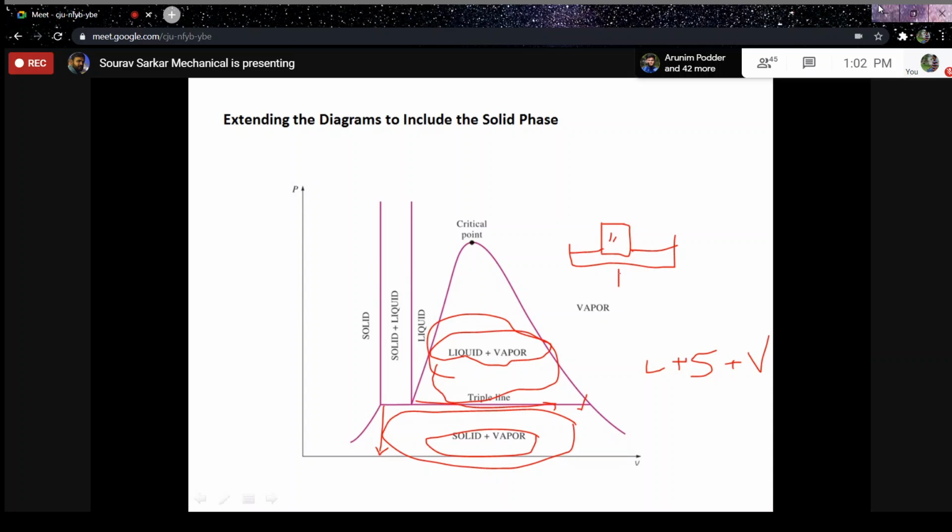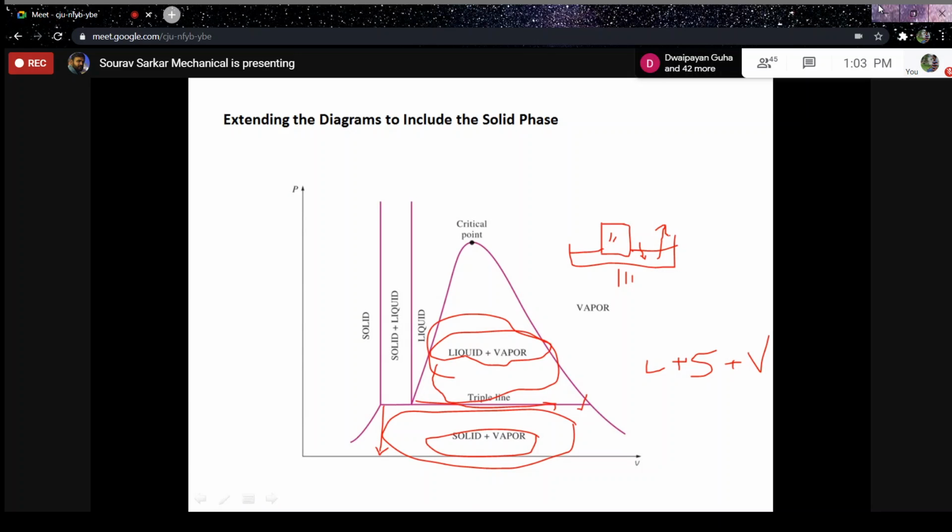As you are heating it, the solid metal has started to melt, so some part of that metal is converted into liquid, and simultaneously some part of the liquid is getting converted into vapor,